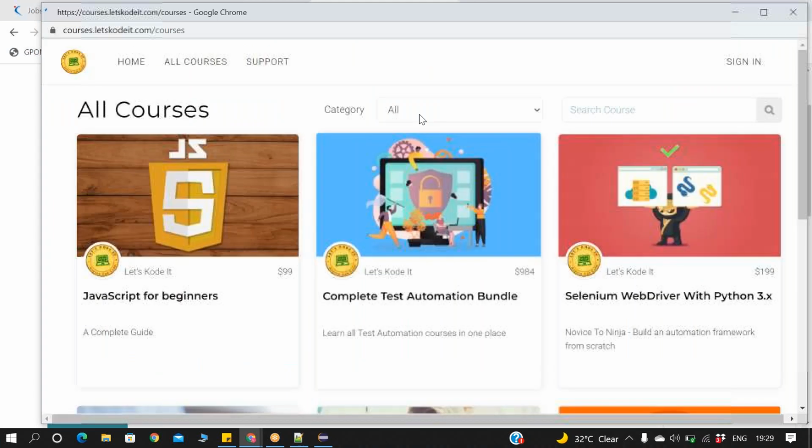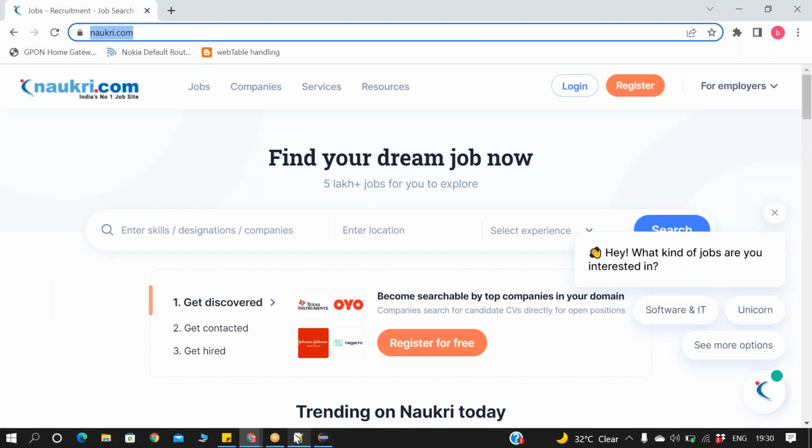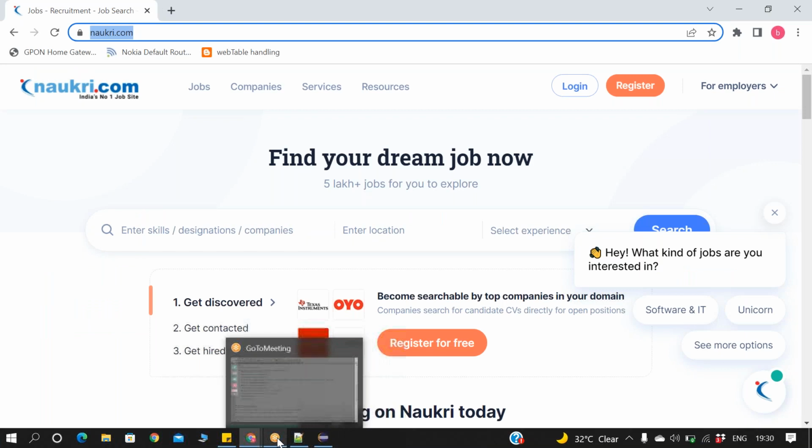This is called the new window. See, here is one window. If I click here, this is the new window, and this is the new tab: tab 1, tab 2, tab 3. First I'm going to apply it in this application, and then we can use some other application for your practice also. I'm going to write the logic, observe very carefully. And the syntax for window handling is,